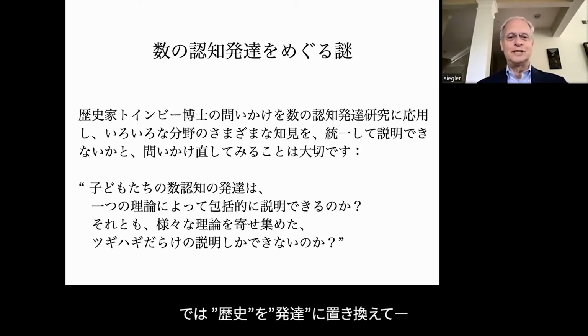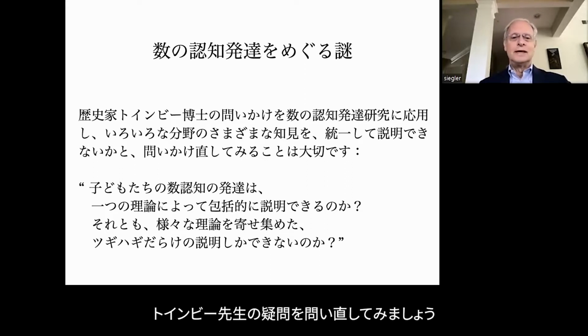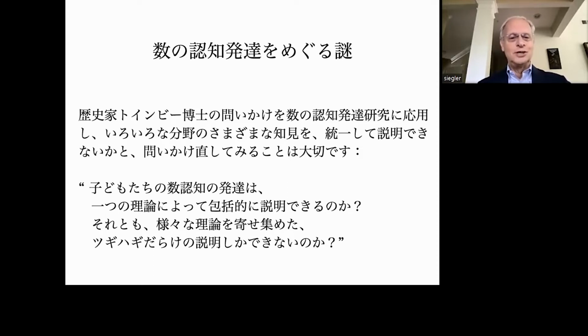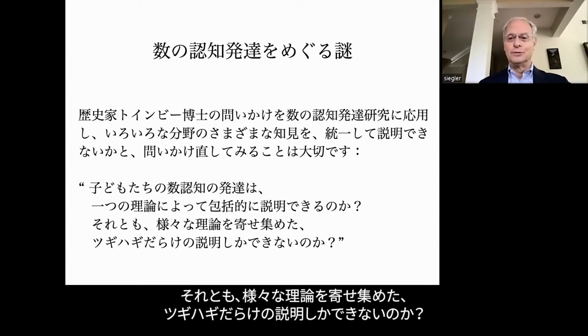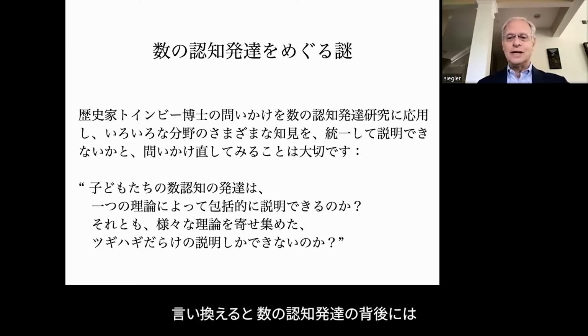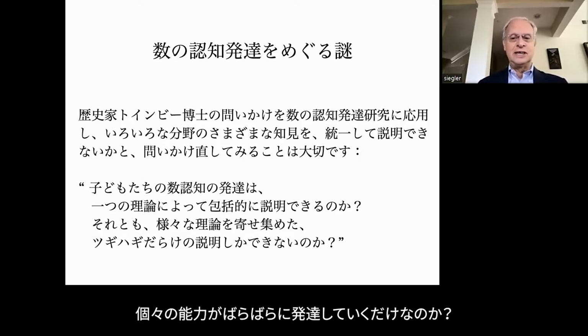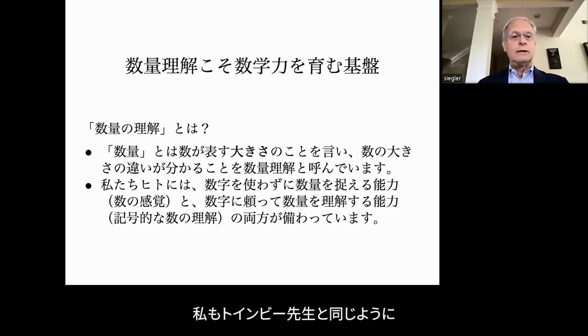And just paraphrasing, inserting development for where he had history, we can ask ourselves his question: does development have unifying themes, or is it just one damn thing after another? So is there any unity to what's going on in numerical development, or is it just a vast multiplicity of different particular developments? Now, I believe, as Toynbee did about history, that psychological development, and in particular numerical development, does